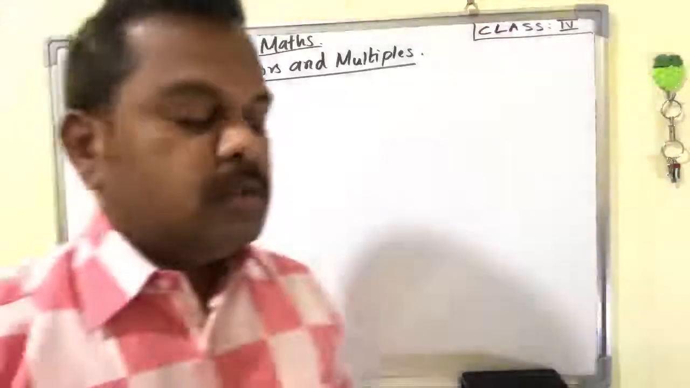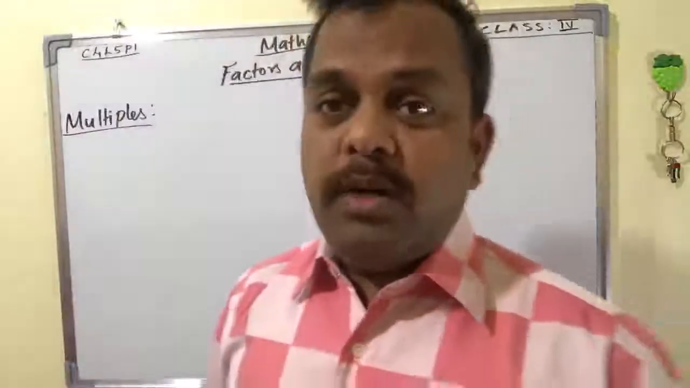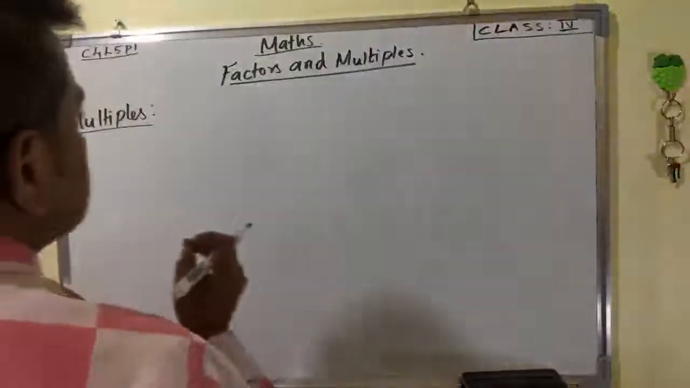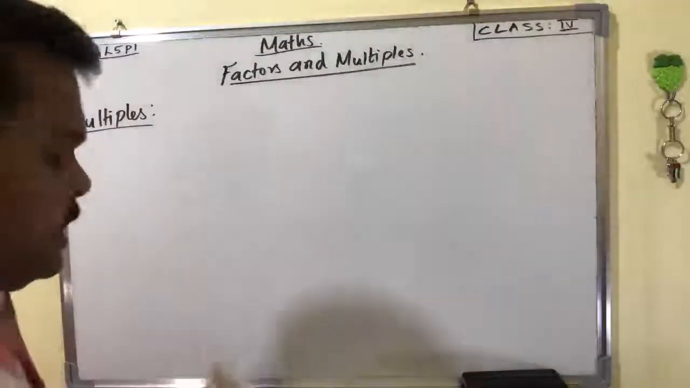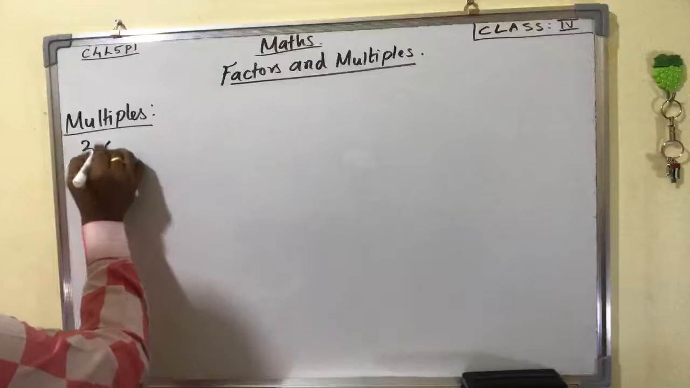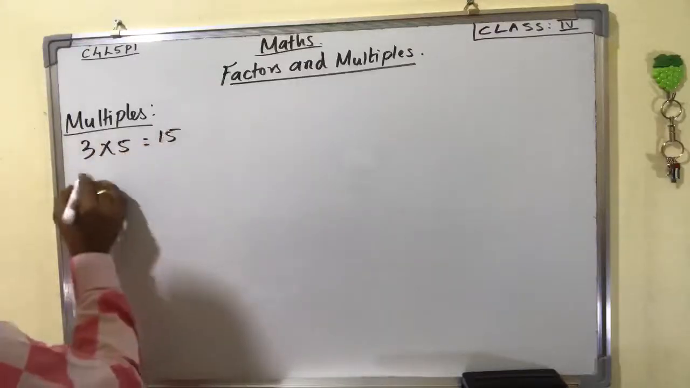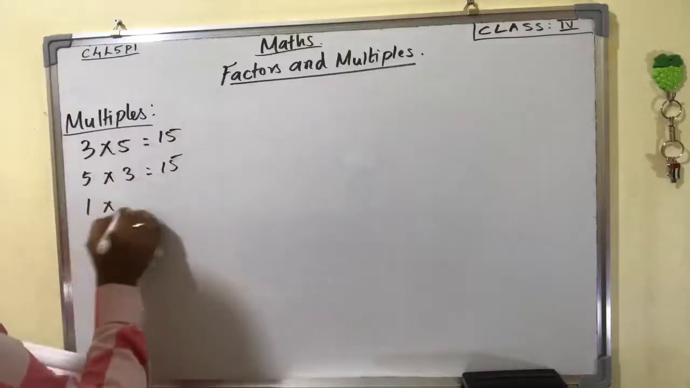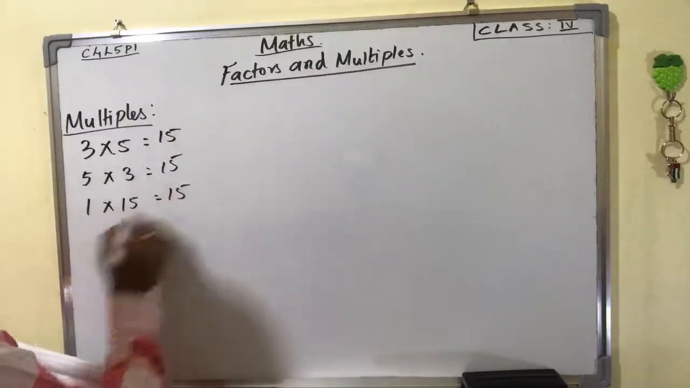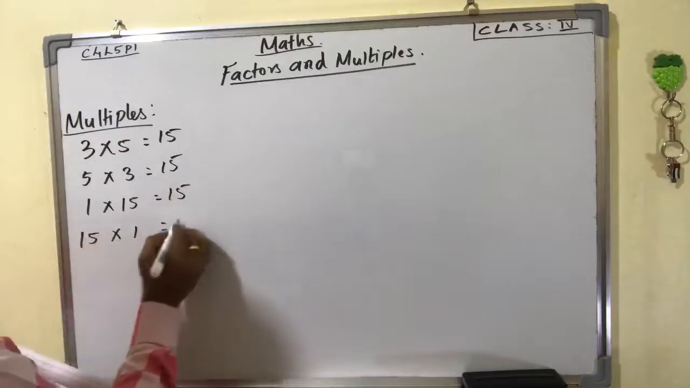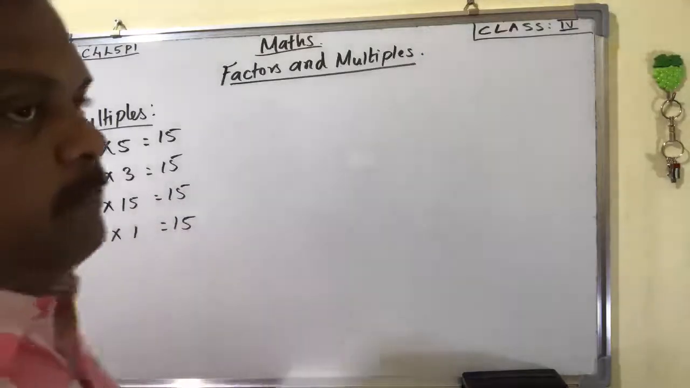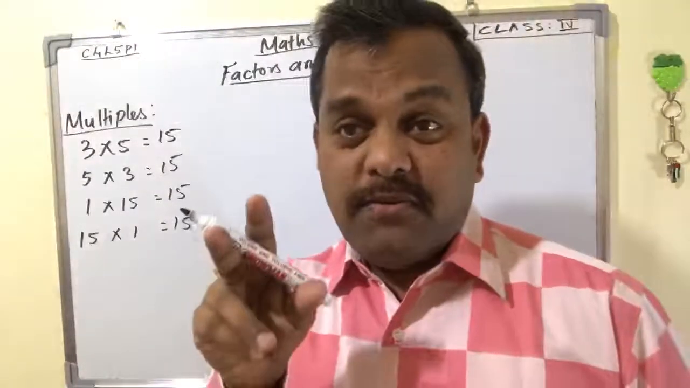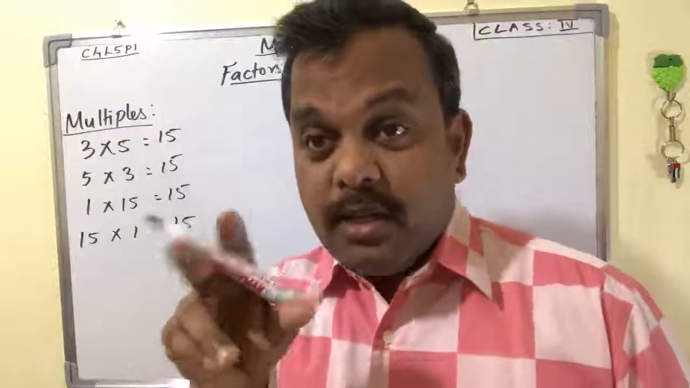Multiples. You know table 3 and table 5. With table 3 and 5, I am going to take one small example. 3 5s are 15. 5 3s are also 15. 1 15 is 15. 15 into 1 is also 15. To get the answer 15,